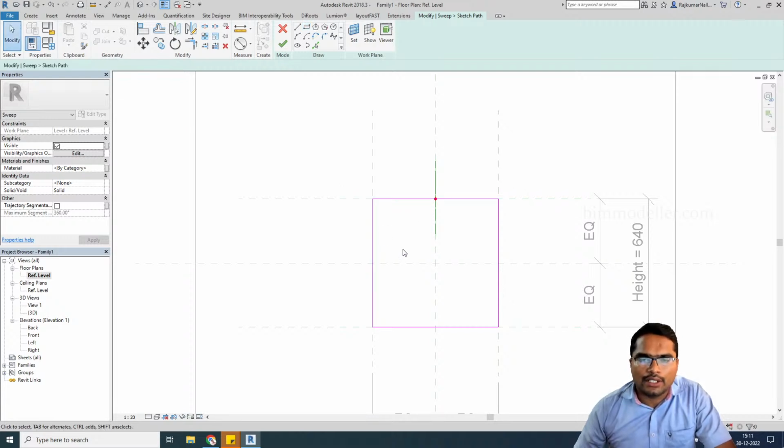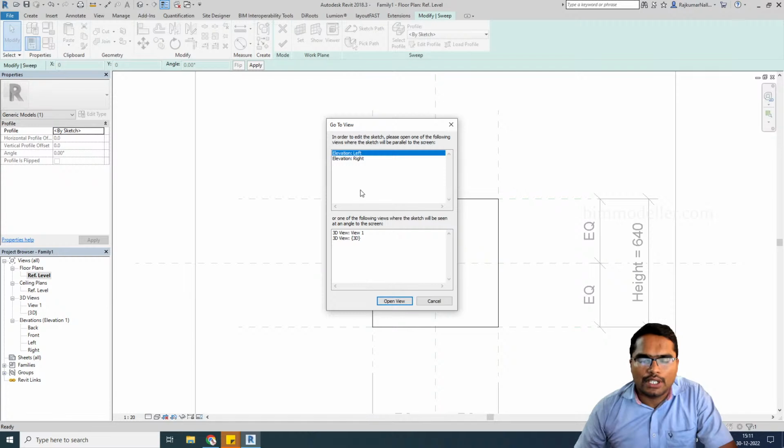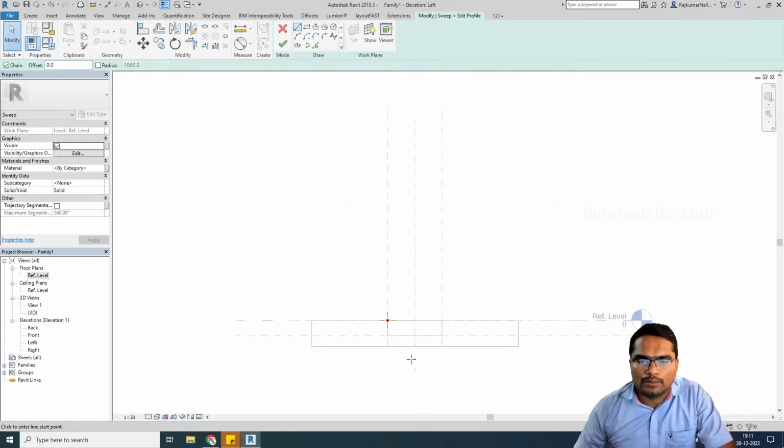Just align it and lock it again. It's done. Use the finish and go to the edit profile option. It'll ask us to open the left view or right view, any of the 3D views wanted. I like to go with the left view. If you see that the profile, we need to draw it in this place, open the left side view like